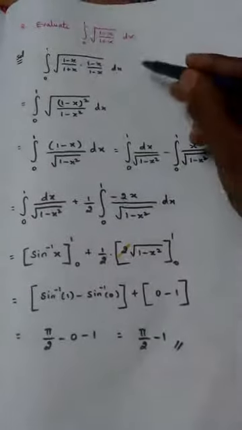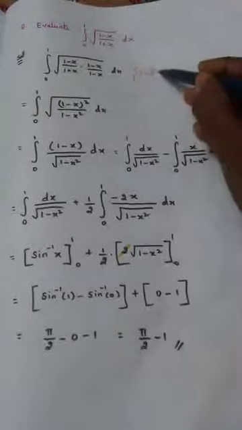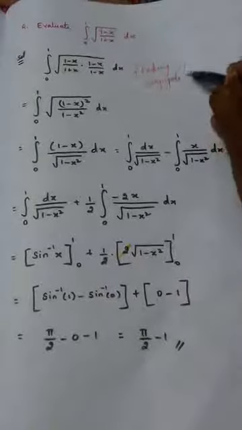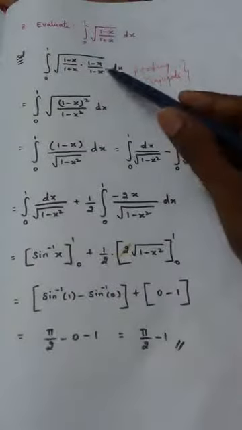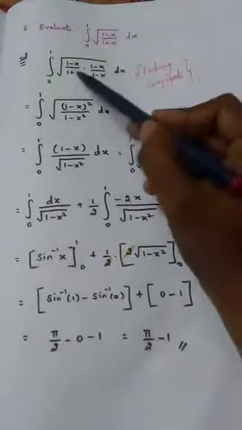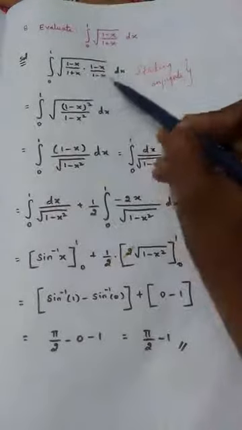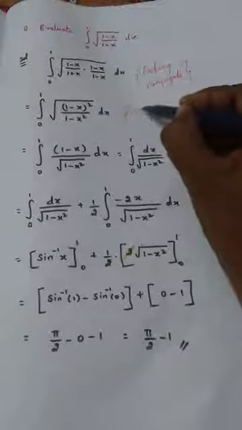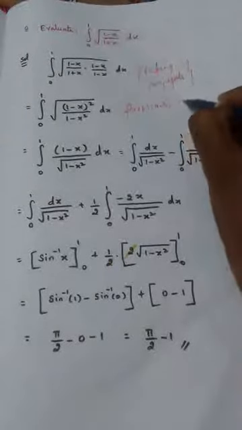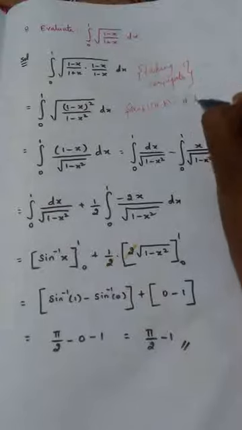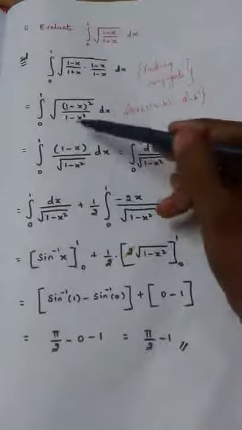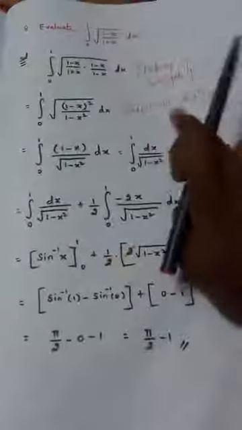This method is called what? Taking the conjugate. So that is the first step. Taking the conjugate, we will get this step. And here 1 minus x into 1 minus x is 1 minus x whole square. And the denominator, if you see, is (a plus b)(a minus b), and you know very well the formula is a square minus b square. So a square means 1 square minus x square. So 1 minus x square using this formula.